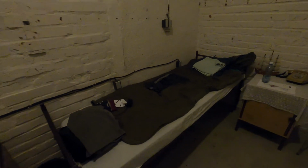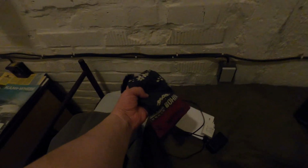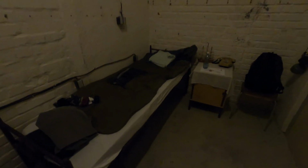I put some of my stuff in there, doesn't matter. And yeah, this is the bed. I have a winter hat in case it's getting really cold. And some of my prison clothes. I know it's a bunker, not a prison, but I don't know. Kind of has this feeling because